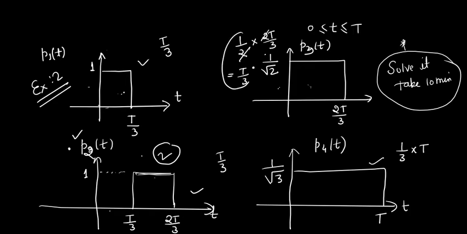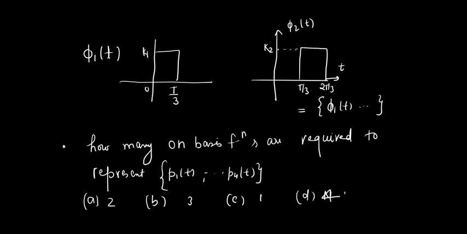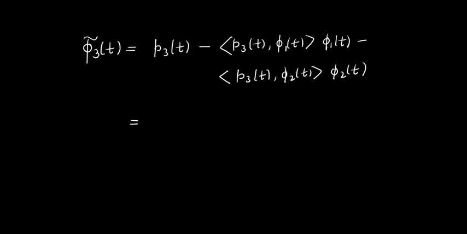ये एनर्जी है ना, don't confuse it with energy of P3T, energy of P2. I have just scaled it so that energy of all waveforms are equal and it makes sense also, right? आपको 0 0 0 1 1 0 1 भेजना है तो you will use equal energy, right? Anyways, so for all the waveforms, ये हो गया। कर सकते हैं, I mean you can use different energy also, but ठीक है, यहाँ तक हो गया।